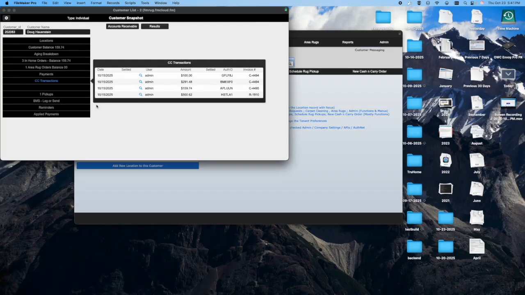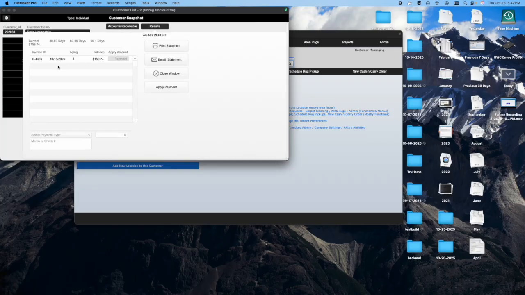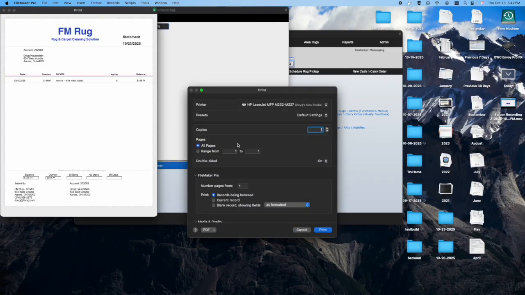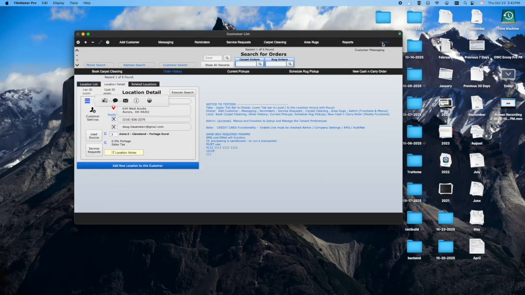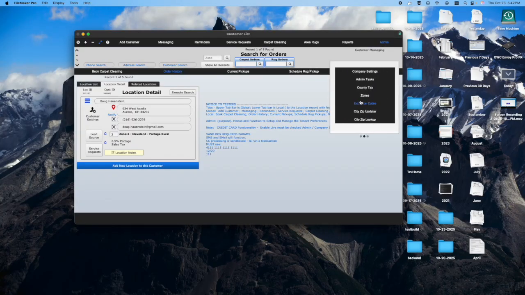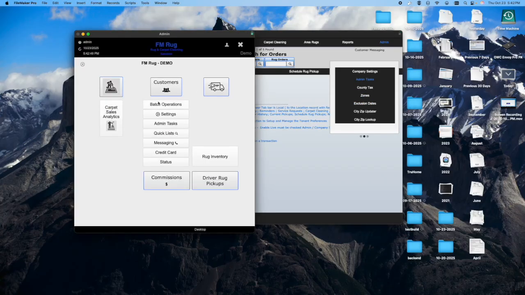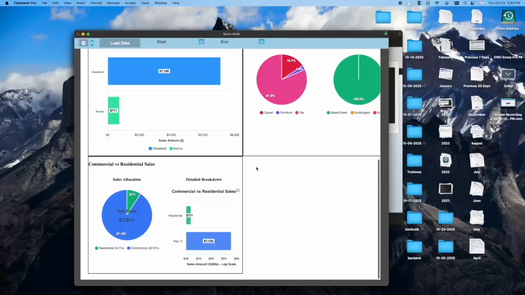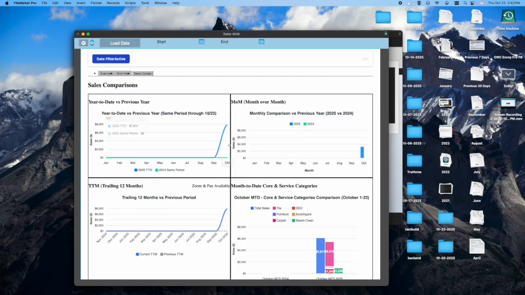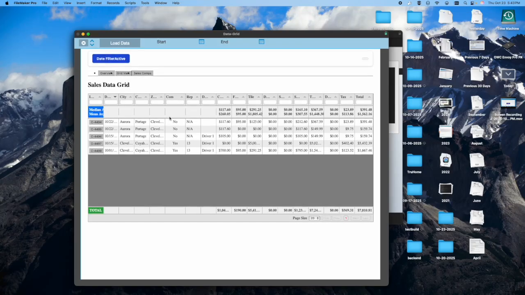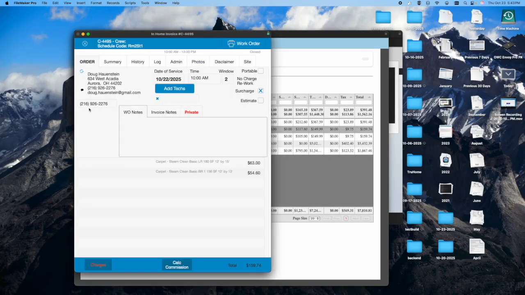The software really is divided into two workflows. One workflow would be carpet cleaning, and the other is area rug cleaning. So statements can be consolidated amongst both types of orders. The designation is a C for a carpet order and an R for a rug cleaning order. From here we can print statements and make payments. We could do administrative functions. It's kind of an admin menu, some analytics, sales comps, grid view, click through,